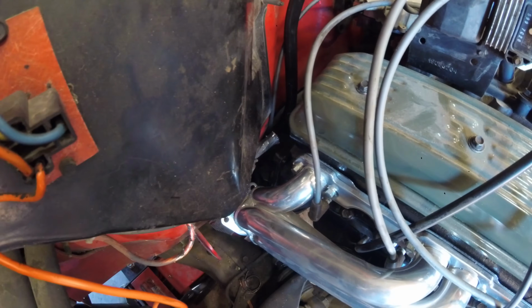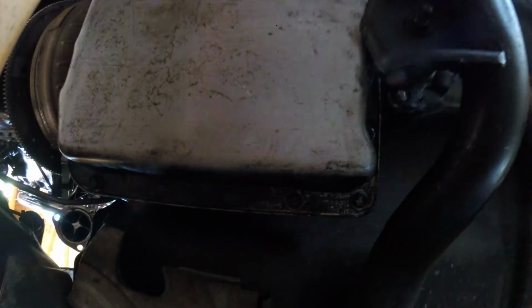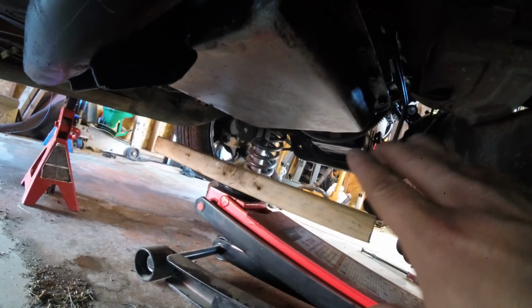So I just need to rotate the tranny down since the engine is placed. In order to do that, I have to unmount the trans cross member. Might have to drill new holes. You can see it's hitting the oil pan, trans fluid pan, so it won't come down. I can't rotate. So the plan is to use a 2x4 here, jack it up,